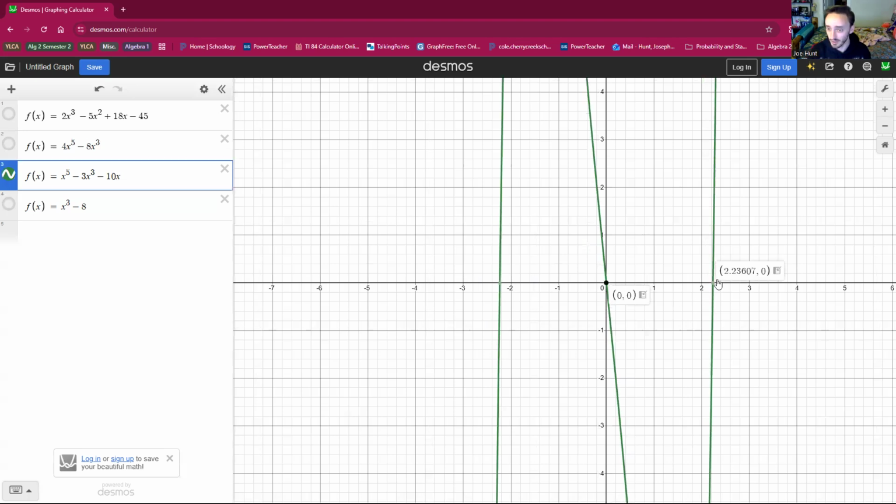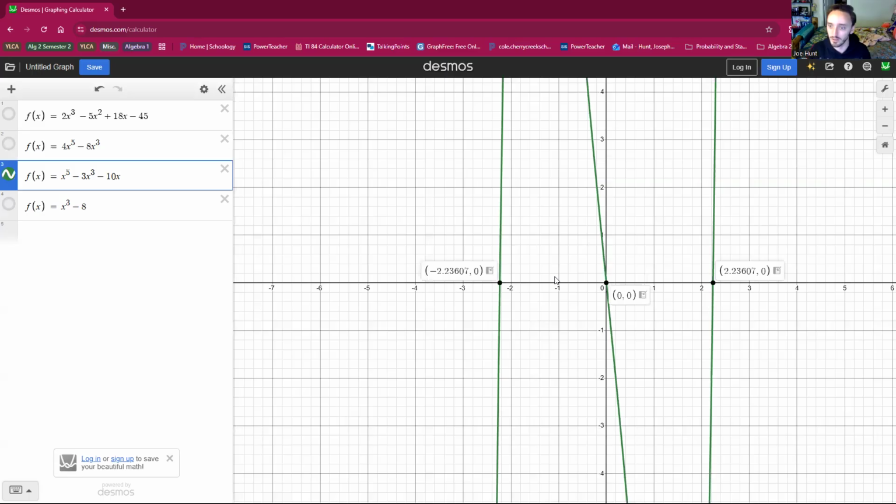Nice thing about Desmos is you can kind of click on those points and it will tell you exactly where they are. You can do this with a graphing calculator. You'll just need like y equals 0 as a second function, and you're going to go second trace to the calc menu and go option 5 for intersect, but you can confirm it either way. Now, notice here that I've got 3 real roots. One of them is nothing, and the other one is plus minus the square root of 5, this crazy looking